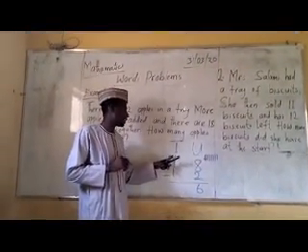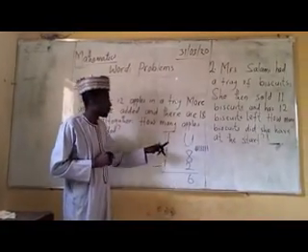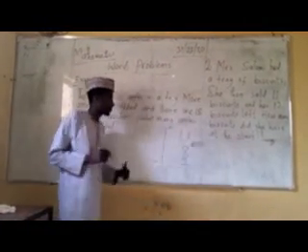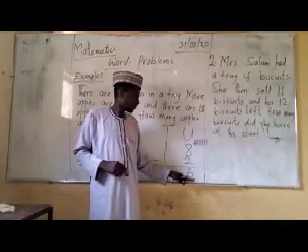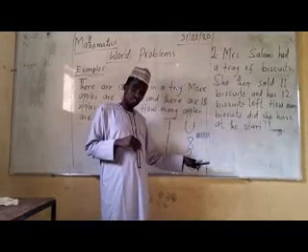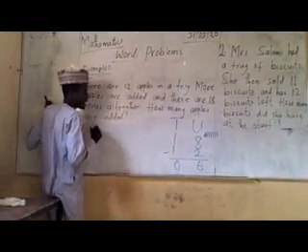Here we have 1 tens minus 1 tens. 1 minus 1 is 0. So it means the number of apples added is 6. So therefore our answer here is the number of apples